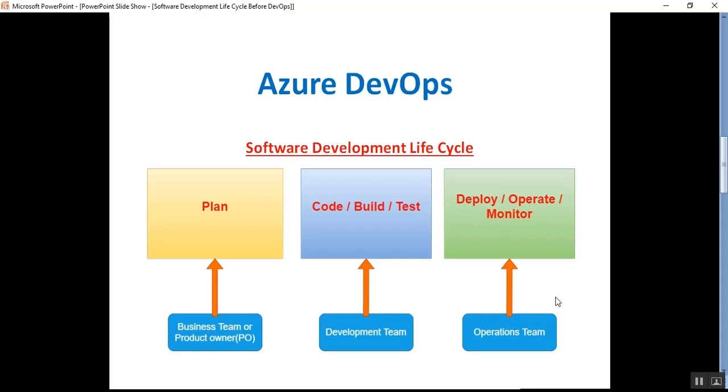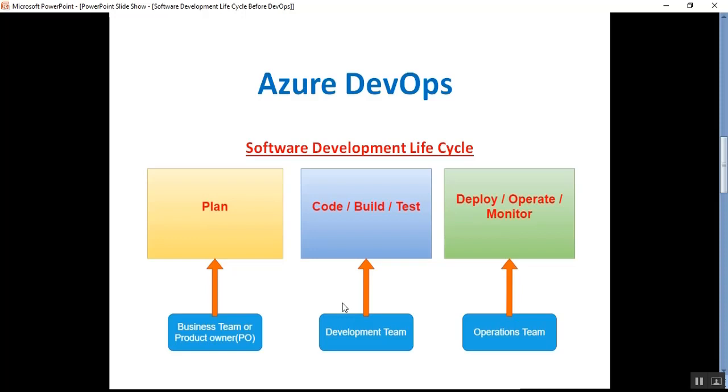So we can say these 3 teams work on a particular product's development: the business team or product owner team, the development team and the operations team. Here I will discuss what the waterfall model and agile methodology are. In the waterfall model, all teams work independently, but in agile methodology, the business team and development team work together on the success of a product.